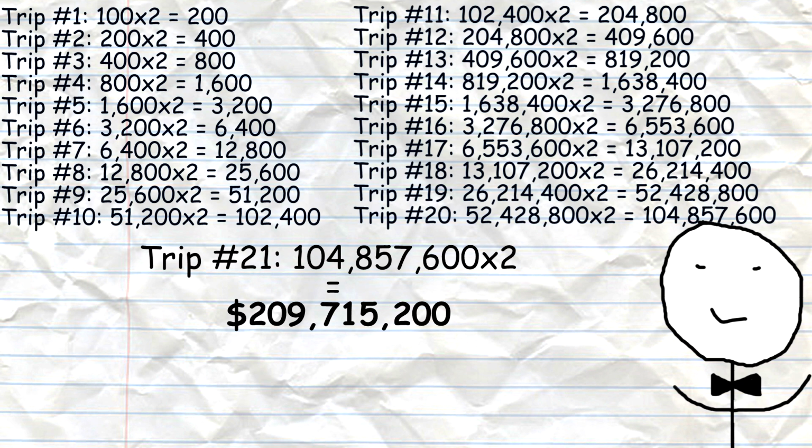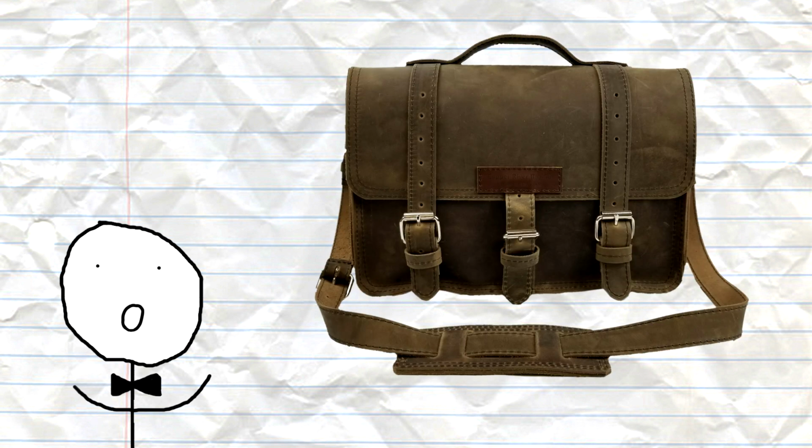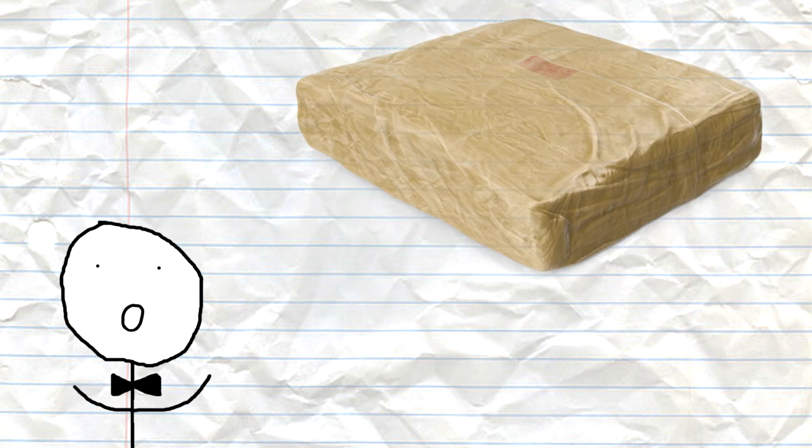you will have $209,715,200, and thus you will have made $209,117,100 in profit. Now, returning to the topic of my bug-out bag, I also have a pound of heroin in